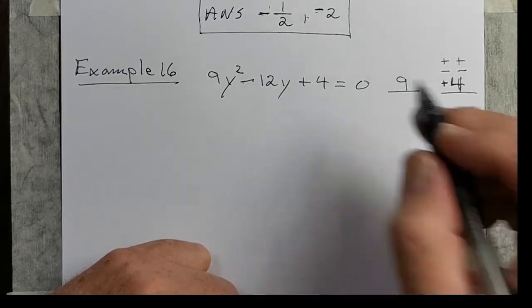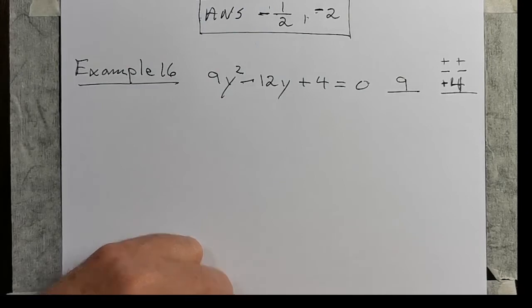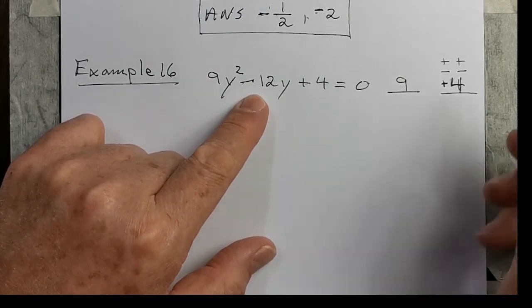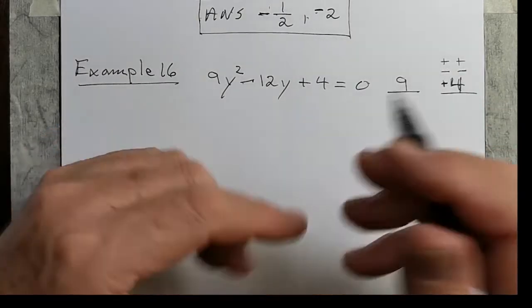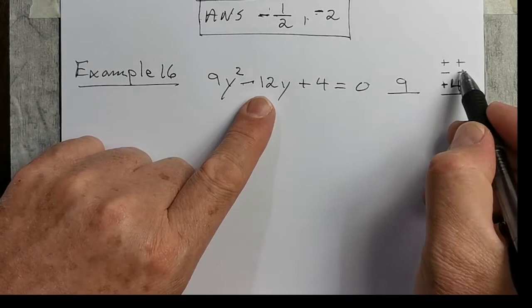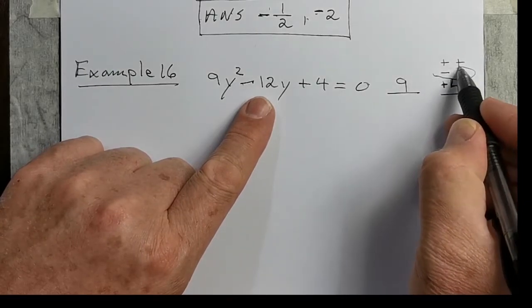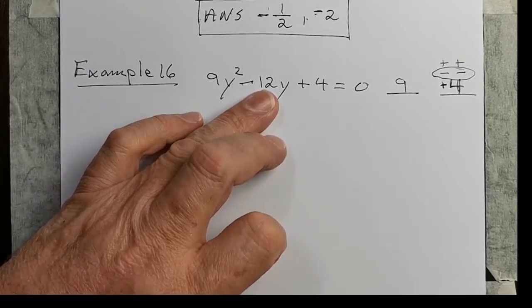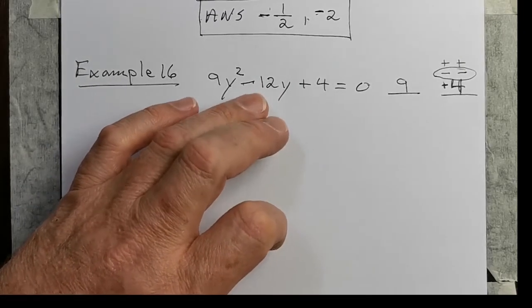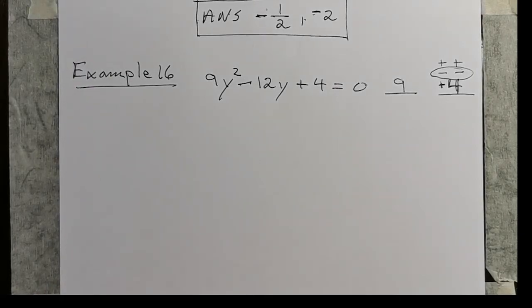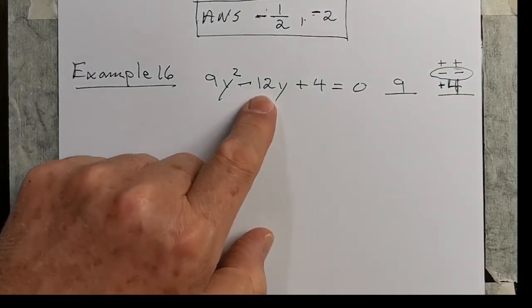In either case, you'll get a positive 4. Our center term is negative. If everything was positive, we would not have a negative. So we have to choose the minus minus option. Okay, I hope that makes sense to you. We have to choose the minus minus option in order to get a negative center term. The outer plus the inner will add together, and they're both negative, so we have to get negative